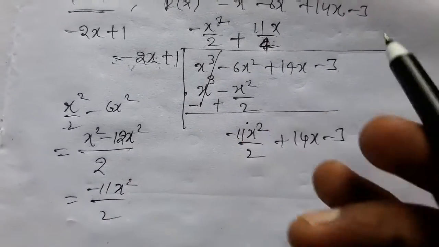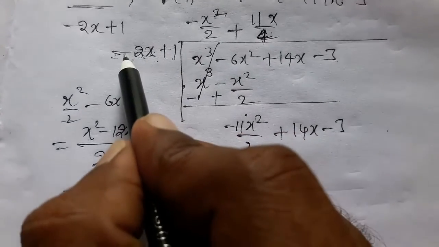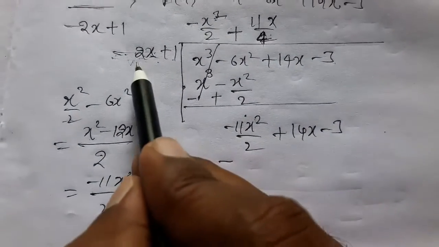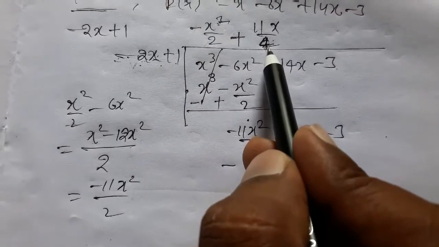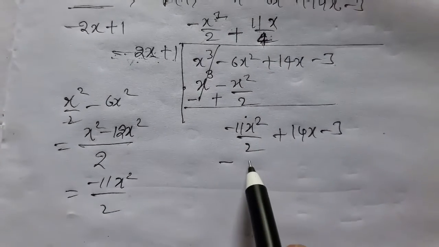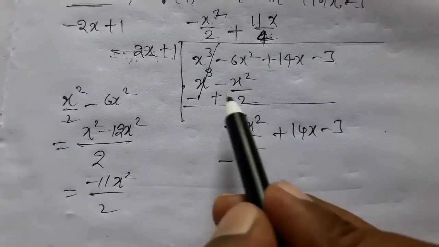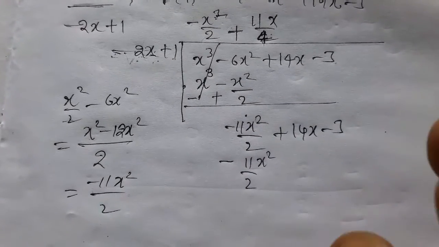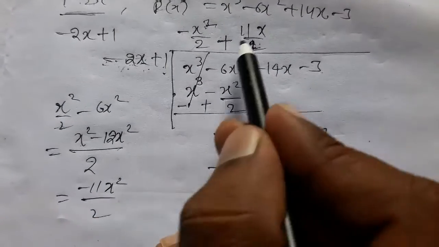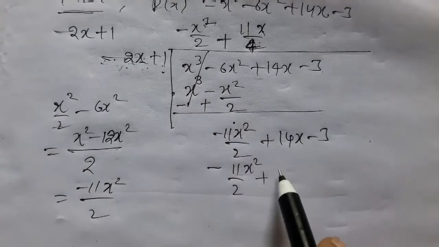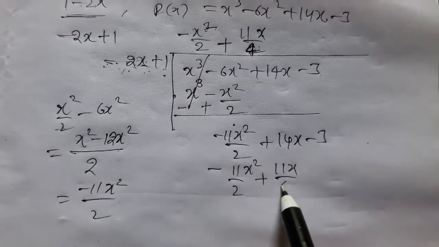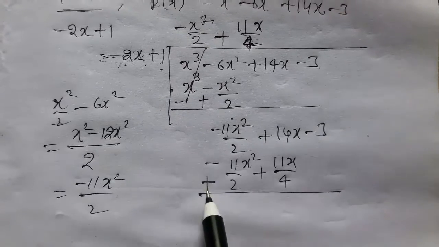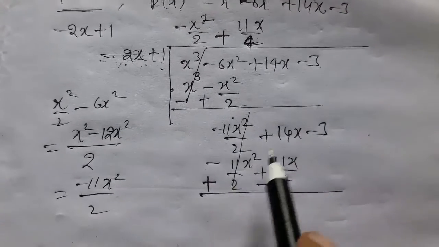Now minus, see here, this minus into plus becomes what? Minus. Next this 2 cancels 4 two times, isn't it? So 11 by 2, and next this x into x became x square. Are you understood? Yes. This one multiplied by this becomes plus 11x by 4. Now change the sign, plus this became minus, this is 0.